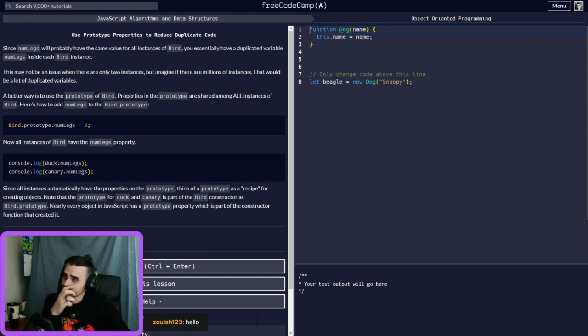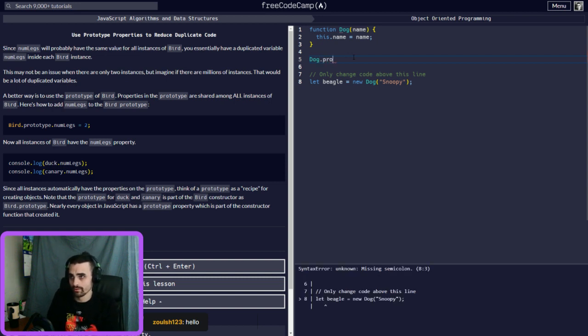So basically you're saying, you have this, and you don't want to keep duplicating every single one of those. In order to get around that, you would just do Dog.prototype.numLegs, and we're going to set this equal to 4.